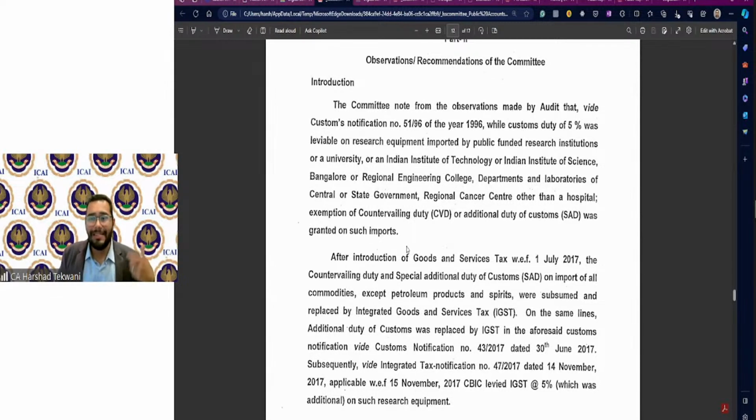Okay, so they provide some recommendations. Understand the link: you were appointed for auditing certain things. Say, for a public sector undertaking you audited, you submitted your report to the CNAG. Now your audit report contained an observation. That observation then went into the CNAG's report, got compiled into a single report, and that was presented in